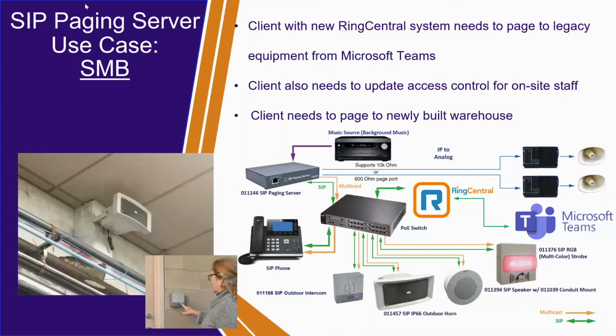So they want to be able to make a page both to their office area as well as their factory area. With a paging server, they can make a call through Microsoft Teams, and then it'll go through the RingCentral app and actually hit the paging device that the paging server is set up as, and it can multicast that audio out as well as sending the analog audio out. So the analog audio, either that 10,000 ohm RCA style connection or the 600 ohm tip and ring style connection, can go to whatever analog amplifier they have and page to that warehouse,